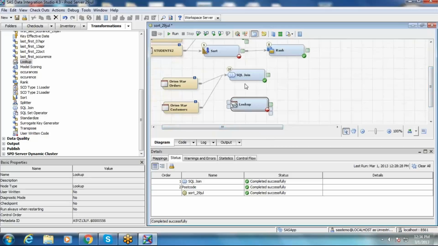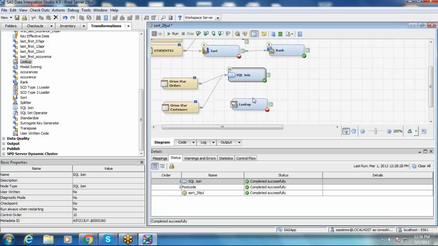So just to step back and see what we just discussed within 10 to 15 minutes is SQL join. We saw how to join two tables using SQL join, and you have another transformation called lookup for joining two or more tables.